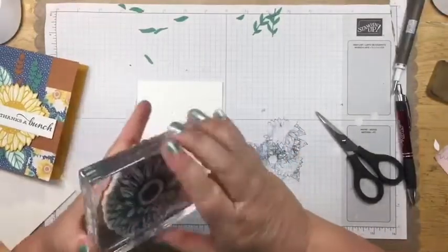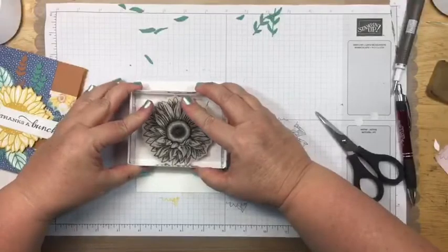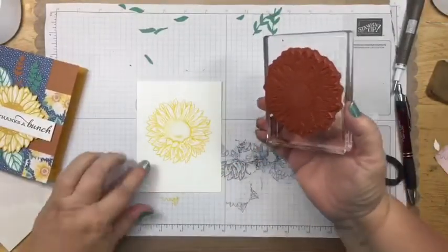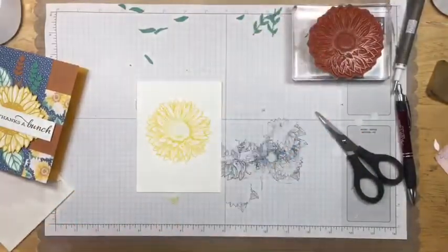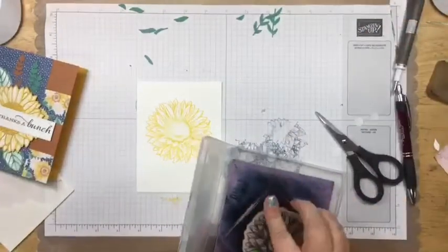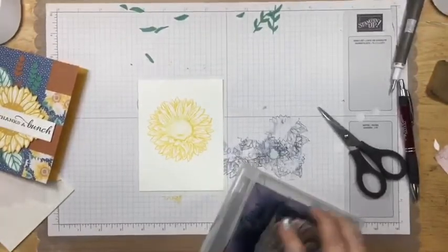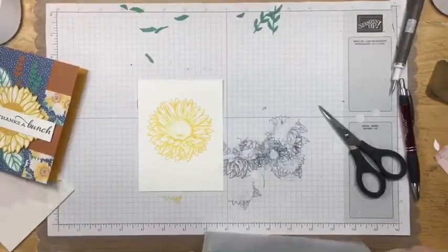So then I'm going to take this and I'm just going to stamp that right in the middle. Oops, I didn't get a good stamp on that. What happened? I think it'll be fine because I'm going to go over the center with it. See guys, I don't stamp perfectly every time. It can happen. All right, and then